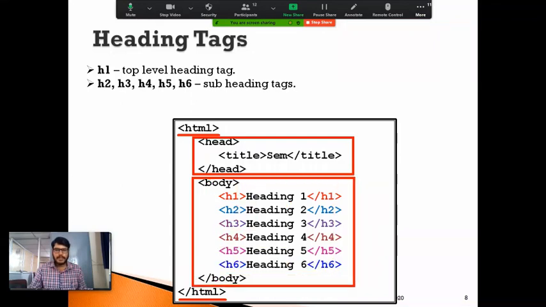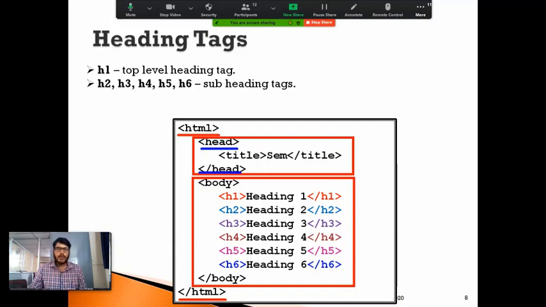Yesterday we discussed the general structure of HTML, isn't it? In the heading portion, we write the title which I want to display on the title portion of the document. For that, we use the head tag, and we close the head tag like this.